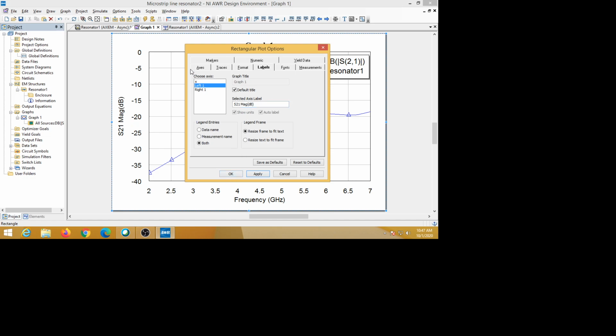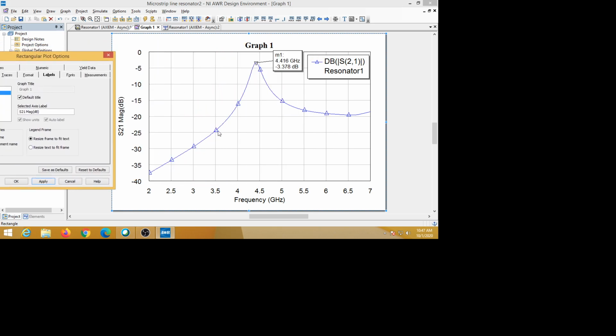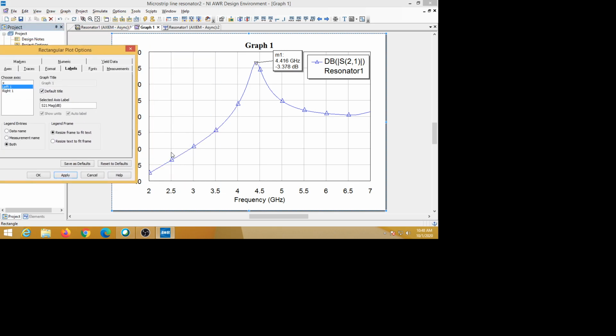So that is about the axis. We can do the modification like this: we can add the grids to the left side here, and to the x-axis you can add grids for a different grid distance, and we can add the label like this. Next we will change the trace here, this is called a trace.